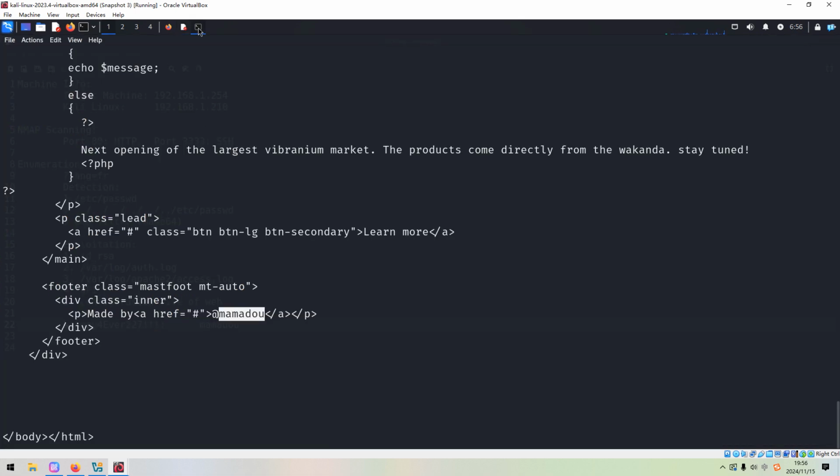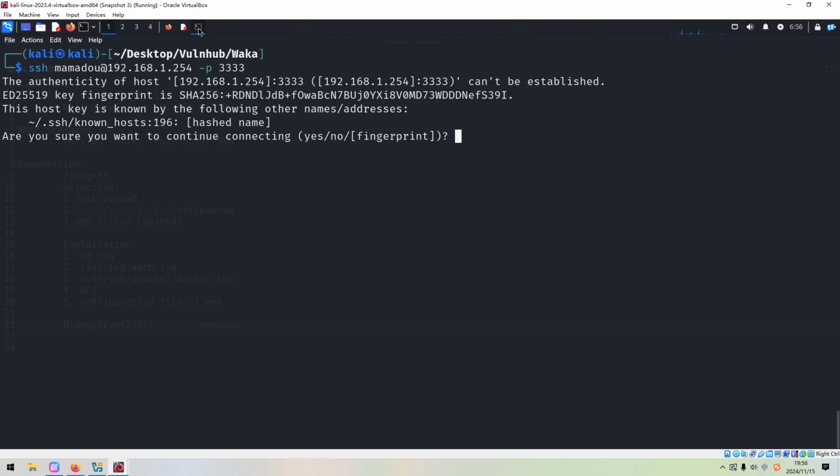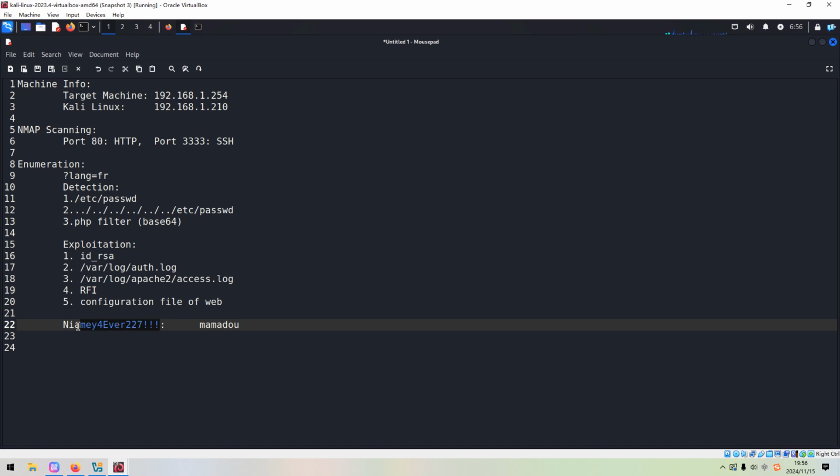So next we can try to use this credential to SSH to the target, right? Because we know the target is running an SSH service, although it's running on an unusual port number. Okay, so now we can SSH, and we need to change the IP address. Press enter, and we can copy its password.